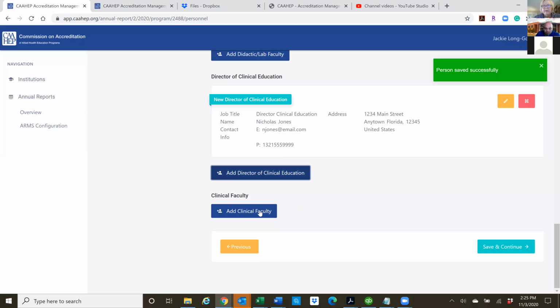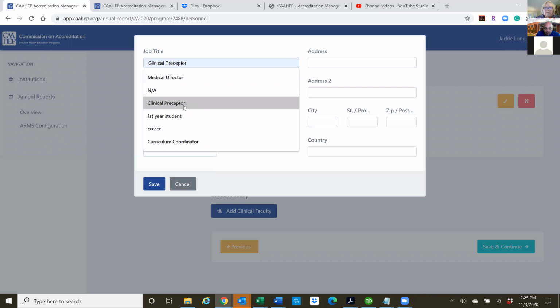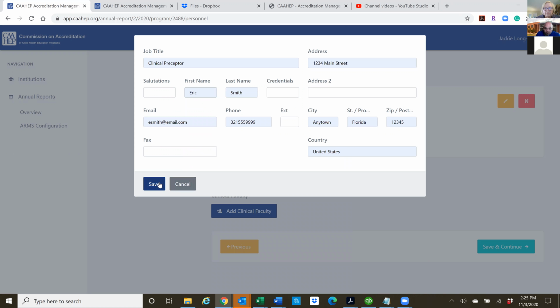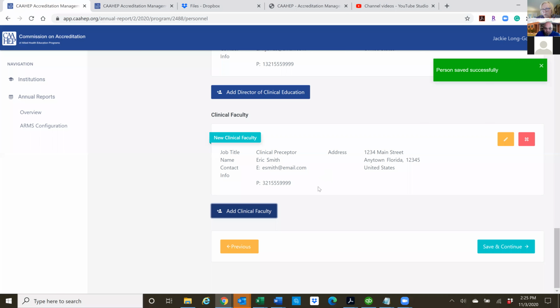And then the nice thing, this is going to be a little more work for you this year, but after this, these people will carry over. And then on your next page, on your clinical facilities, you'll be able to just reach through your list and add the person in. So here we're going to put clinical preceptor because it's somebody who does your lab, your people at your hospitals. And then we'll save it. And then you're probably going to have way more than one. So just keep adding by clicking on add new clinical faculty. And then you can say save and continue.